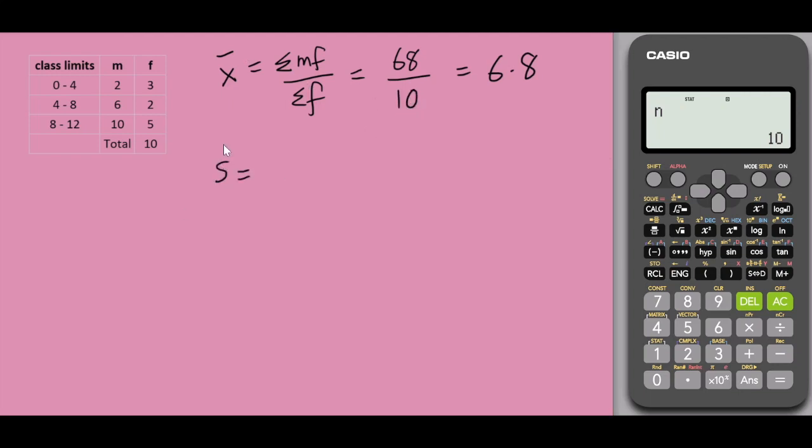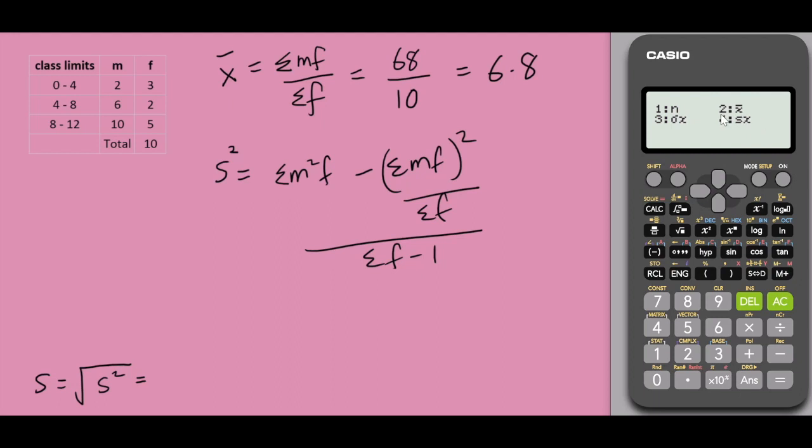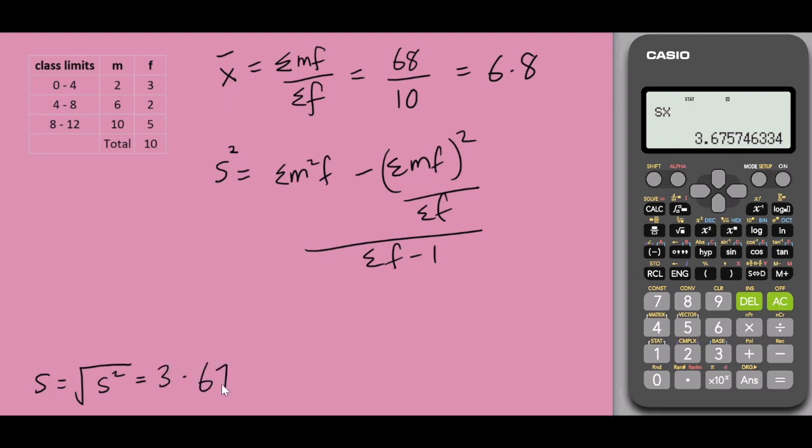Okay. And to find the sample variance, the formula would be summation of M square F minus summation of MF square over summation of F, over summation of F minus 1, and the sample standard deviation is simply the square root of your variance. Okay, to find the value of your sample standard deviation, Shift 1 again and select 4. So 4 gives me the sample standard deviation, which is 3.6757. Sample variance could be calculated by squaring the value of the sample standard deviation, and this is just